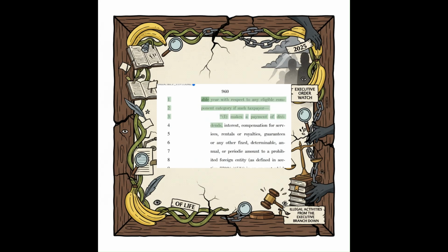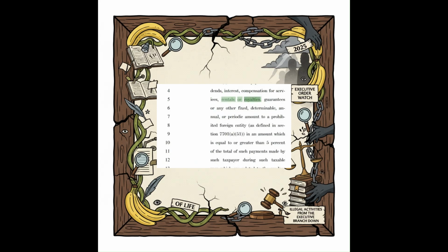with respect to any eligible component category of such taxpayer if the taxpayer makes a payment of dividends, interest, compensation for services, rentals or royalties, guarantees, or any other fixed, determinable, annual, or periodic amount to a prohibited foreign entity, in an amount which is equal to or greater than 5% of the total of such payments made by such taxpayer during such taxable year which are related to the production